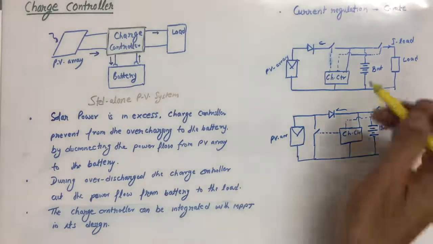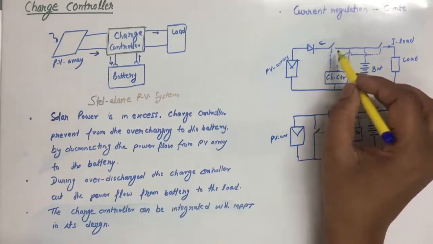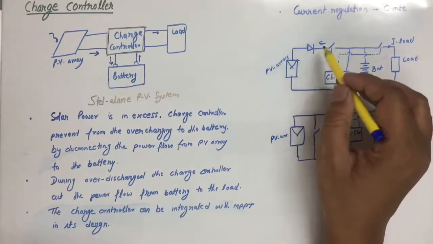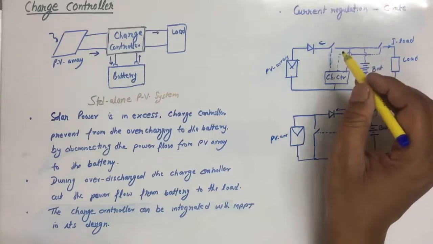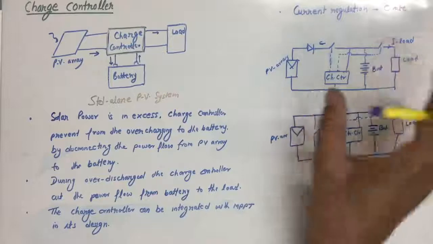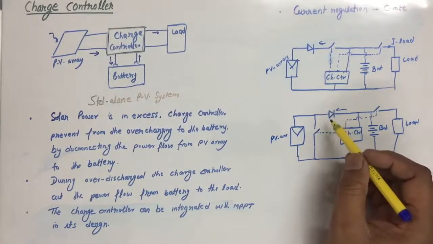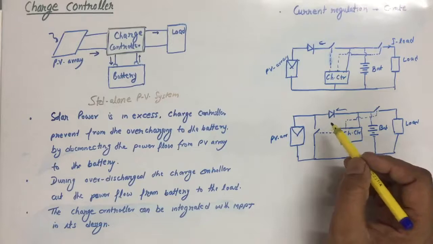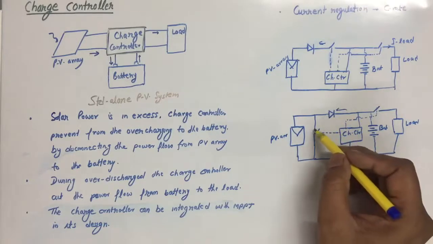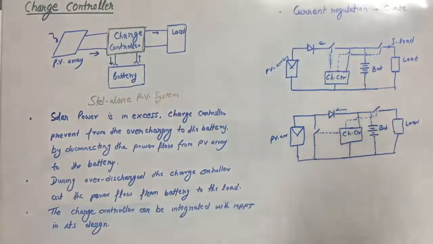In a series charge controller, the PV array is cut out until a particular voltage drop is detected, and on the other hand, in a shunt controller, overcharging is prevented by shorting the PV array. It means the PV modules work in short circuit mode and no current flows into the battery.